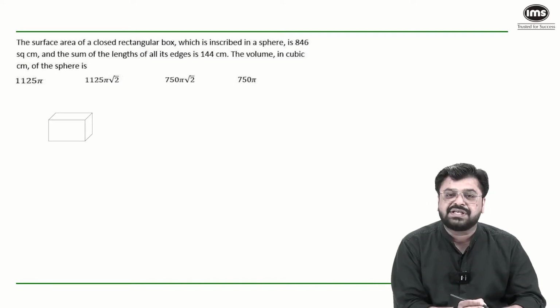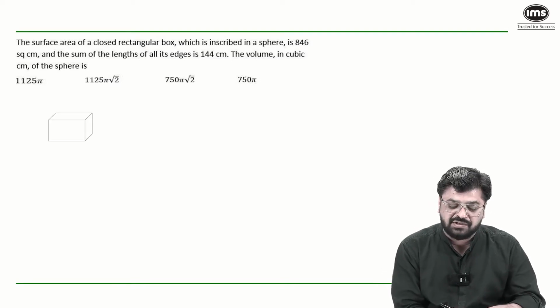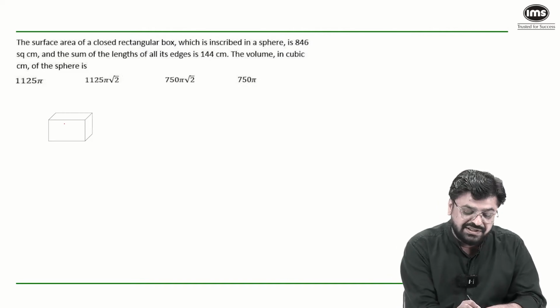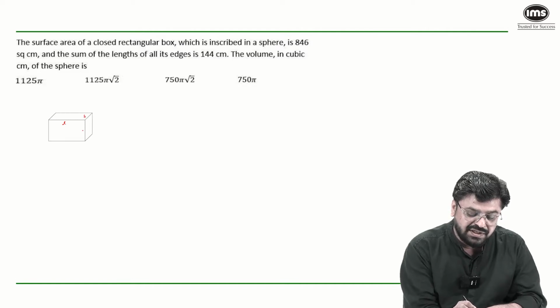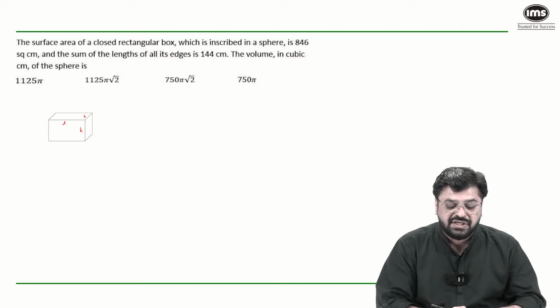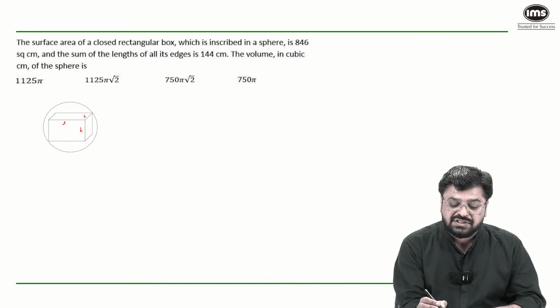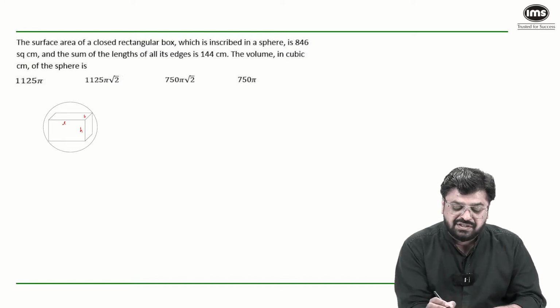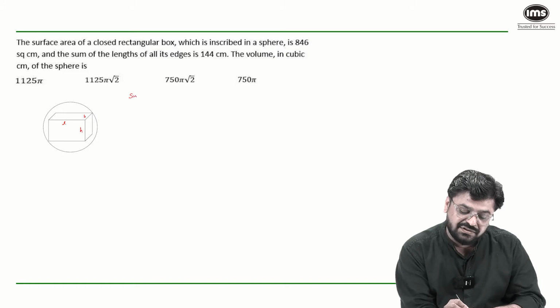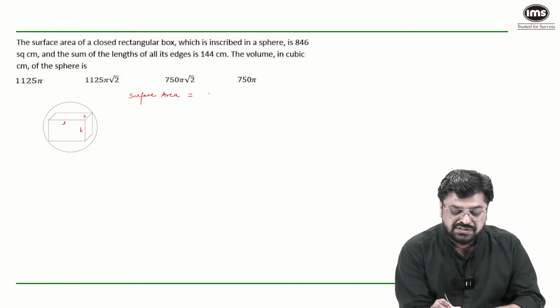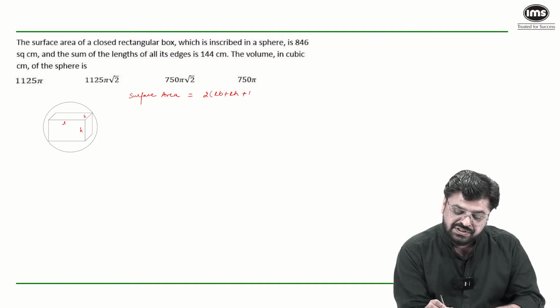So first, this is the cubical box or rectangular box we are talking about. The length, let's assume, is L, this is B, and this is height H. It is inscribed in a sphere like this. The surface area of a cubical box is twice of LB plus LH plus BH, equal to